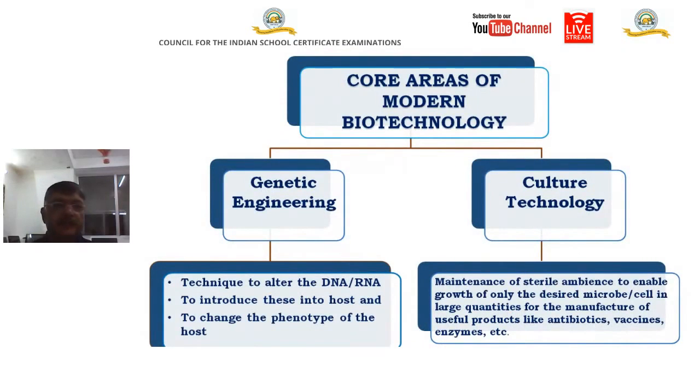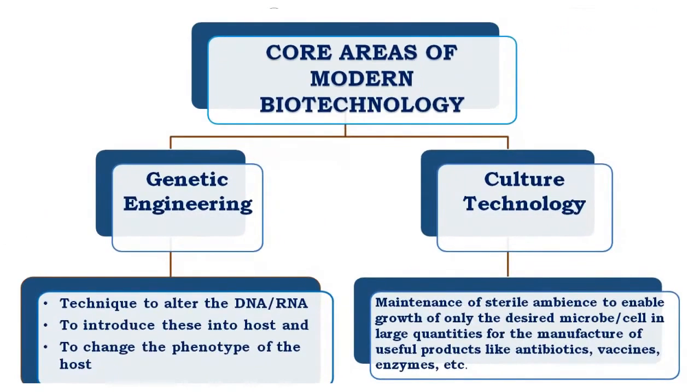In modern biotechnology, you can see there are two core areas, two main areas. One area is concerned with genetic engineering, and the other one with culture technology. It implies that first we make changes in the genetic constitution of the organism. This can be done by altering its DNA or RNA. Once we have succeeded in changing this, then we can introduce